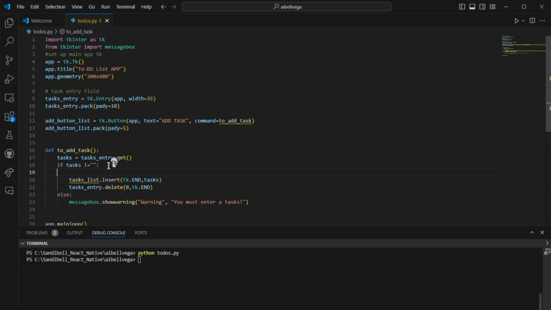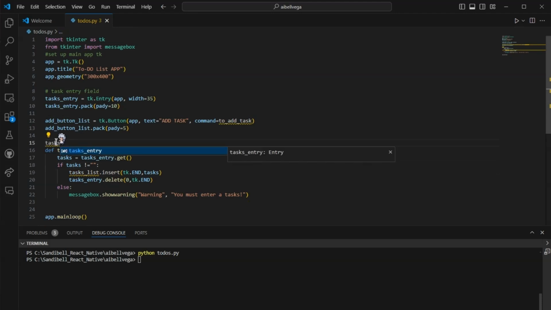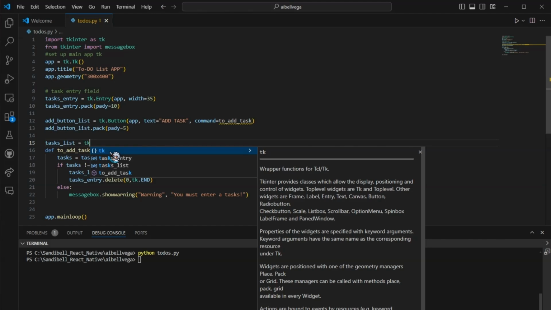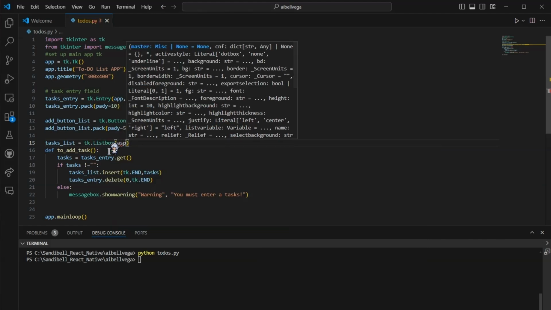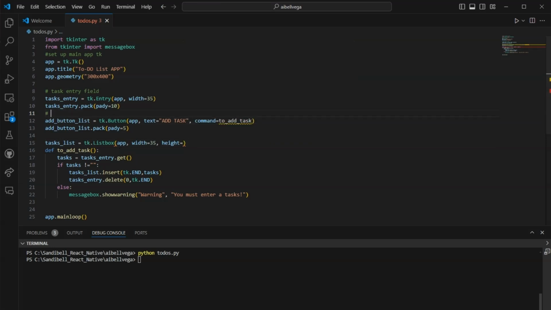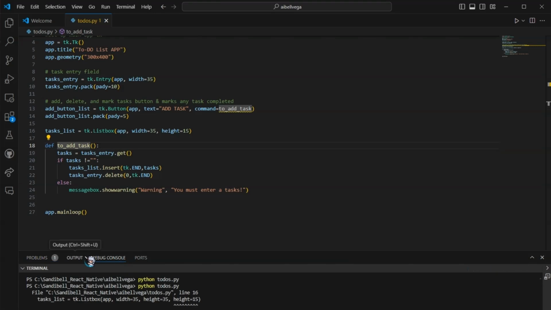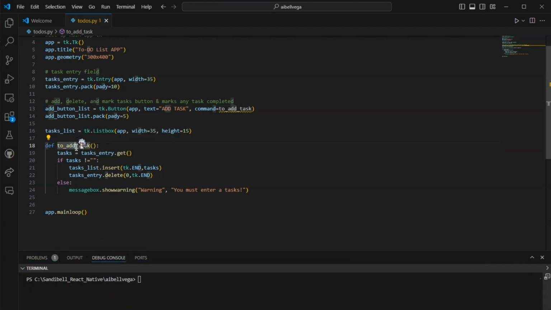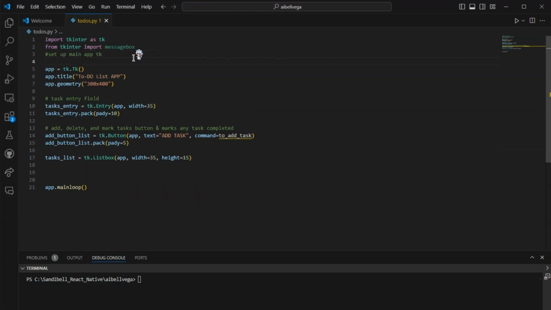First things first, keep your code organized. Use meaningful variable names and comment your code to explain complex sections or logic. This not only helps you understand your code later, but also makes it easier for others to collaborate or maintain your project. Break down your application into smaller, reusable components or modules. This makes your codebase more maintainable and allows you to focus on specific functionalities. Import these modules into your main script to build your GUI application step by step.